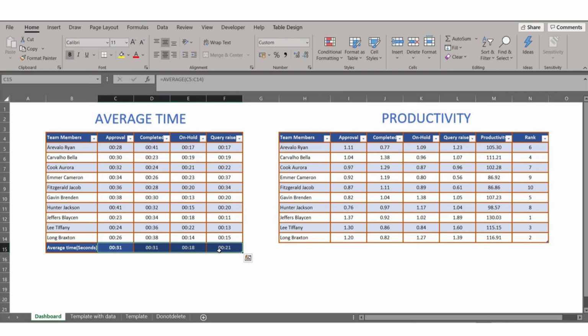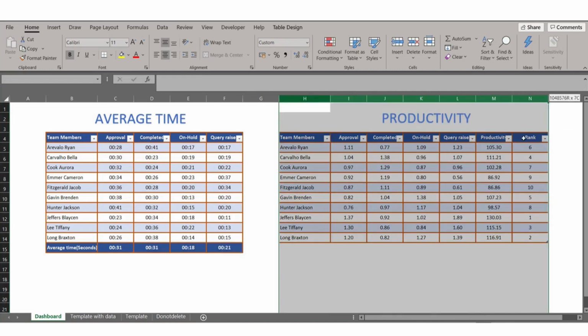Now, keeping this as a base, we can set this as a benchmark in the team, and then we can communicate to the team members, and from the next month we can use this benchmark and calculate the team members' productivity. So in this table, I have shown how to calculate the productivity.